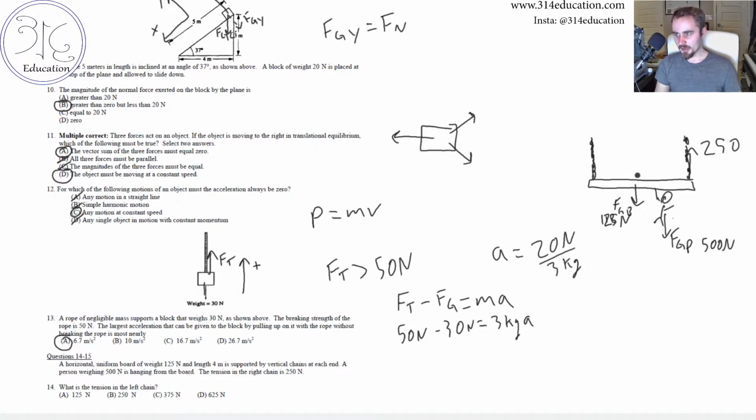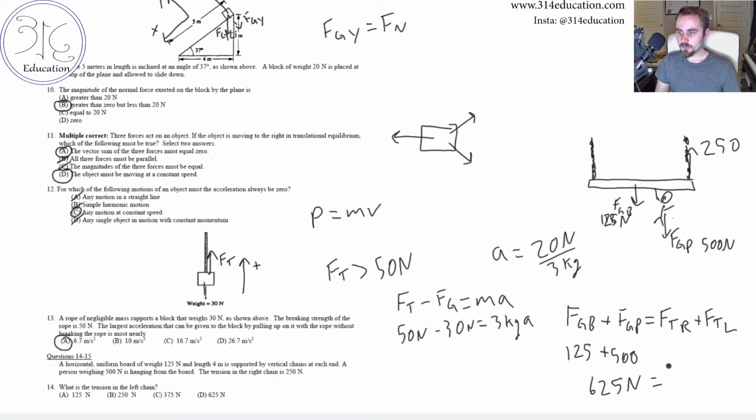If this is being held at equilibrium, we expect the upwards forces to equal our downwards forces. Our downwards forces are FGB plus FGP, our two weights, and that has to be balanced by our two forces of tension, one on the right and one on the left. Now we know the magnitude of the one on the right, so the one on the left has to fill this gap. FGB is 125 plus FGP is 500, giving us a total downwards weight of 625 newtons,